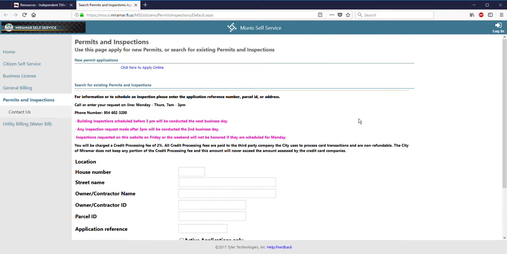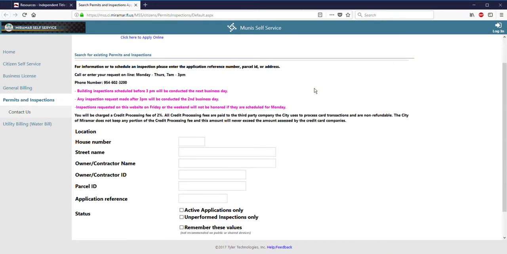It'll take you right to the self-service webpage for the City of Miramar. This site is where we're going to search for our permits and input our property information. From here, we're going to be putting in our house number. In this case, we're going to be using a property that I've done a search on previously and has some pretty good examples. The property address that I'm using is 2130,